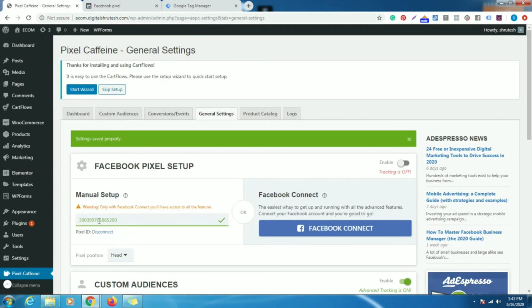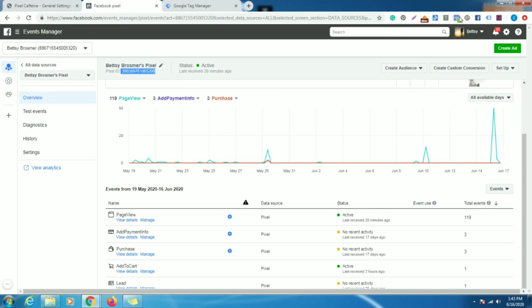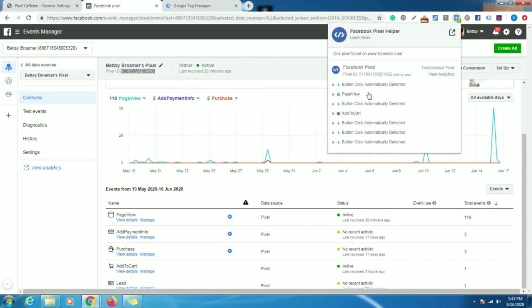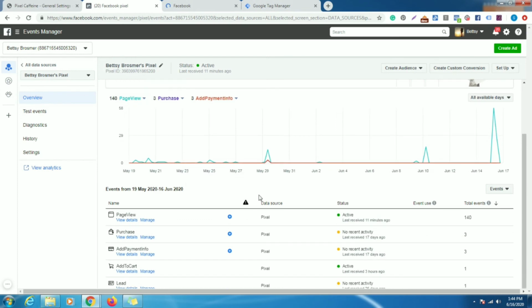Okay. So this manual setup is very good. Now we will see what it is showing. See here, it is showing page view, add to cart. Now we will see if this pixel is tracking all the details.